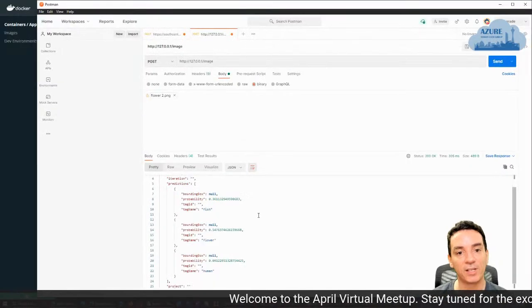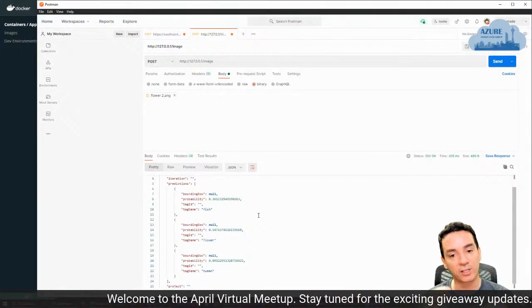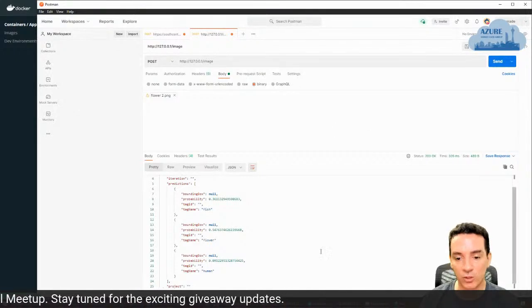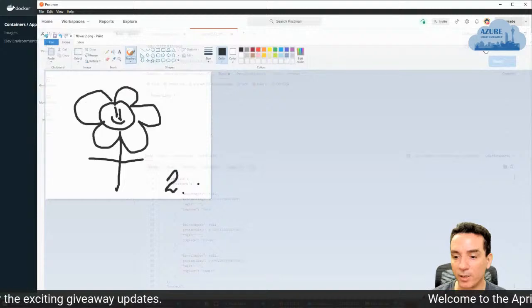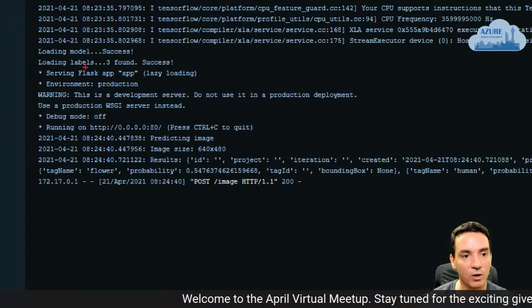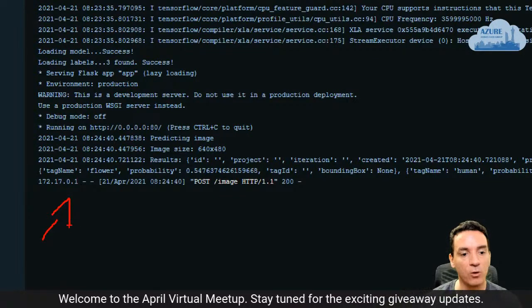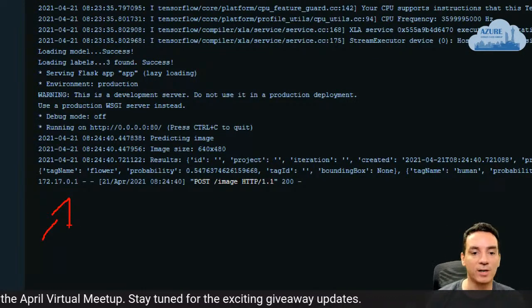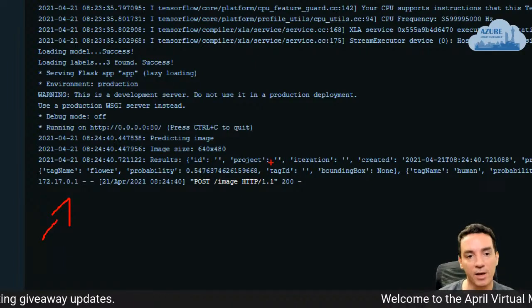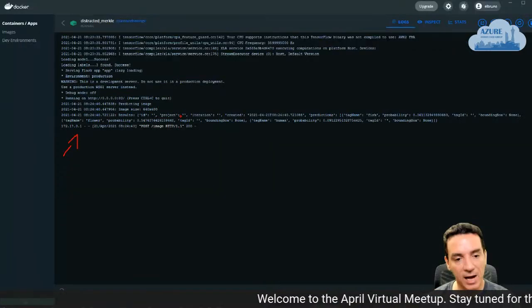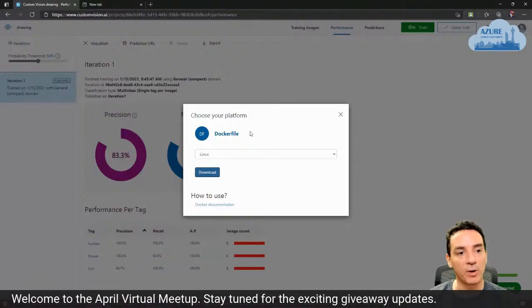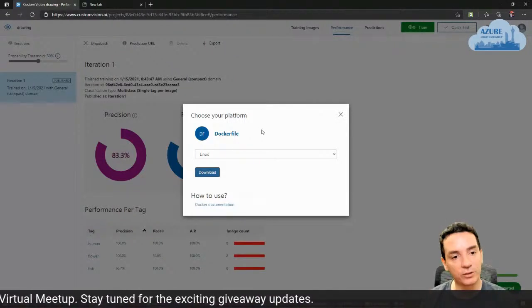But I can still run this, and remember, this is a model that I trained in the cloud, exported, and I'm running it locally here. And I can even go back here and start to see how this works. If I go back to Docker, not here, sorry, I am going to see in the logs. We can see here in the logs that this is the Docker container running. This is using the image. This is what we found. So every image that I post here will be analyzed and the result returned. And hey, I am not using resources in the cloud. I am not going back there to do my predictions. I am using a local container to analyze this.